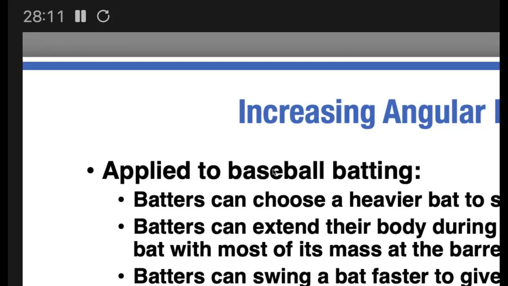Oh, yeah, and I had this one. So when a female, usually you want to find them the lightest bat you can, and then you tell them to choke up on it so they can swing it as quickly as possible and have the most coordination. If you take a guy like, let's say, Shamar or